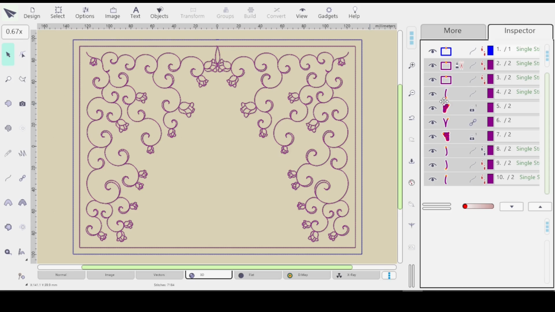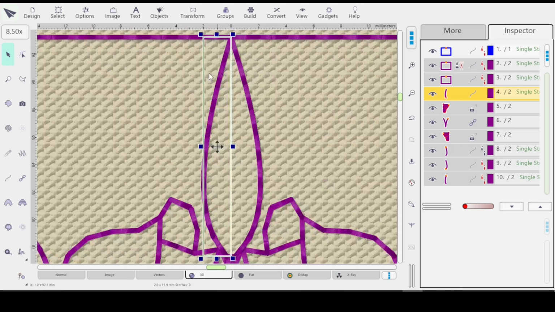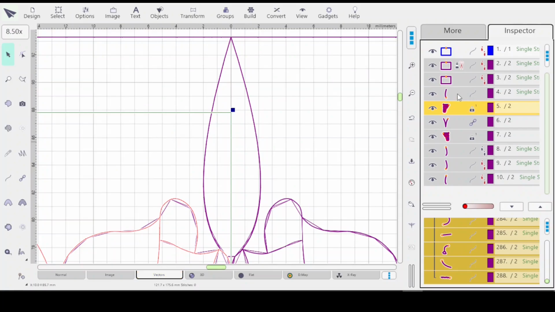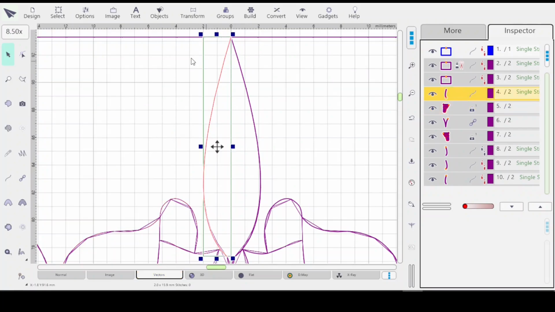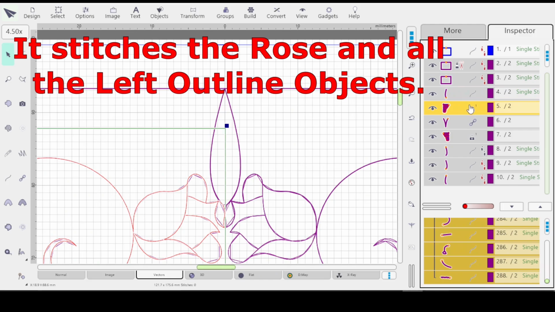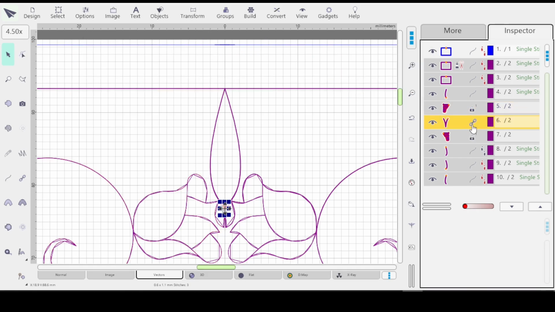So I made this first one, and let me hit Control 1. This just goes down and connects to the rose here and starts our first. Let me go into vector view. You can see it highlighted in red better. And then it goes down to the rose and it starts stitching. And then after it stitches the rose, I made this connection, that was the one we had already made,